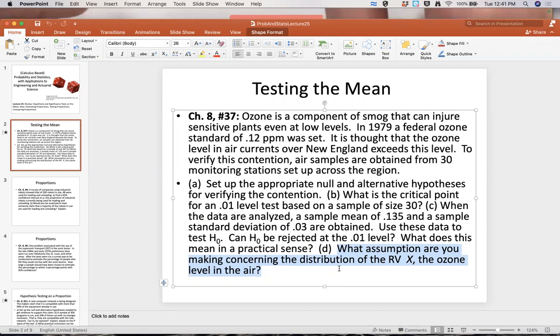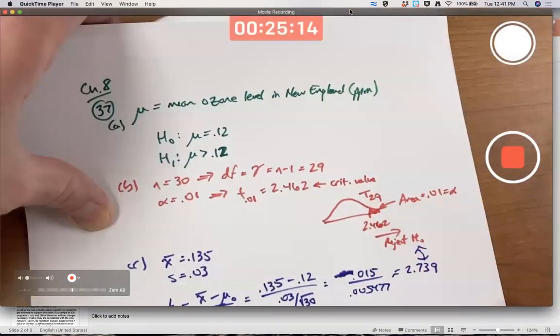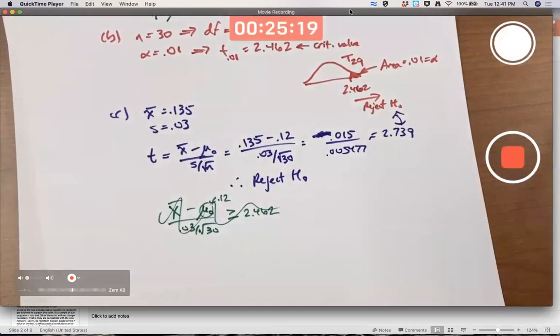I said I was going to find the p-value as well, even though it's not asked for. There we go. P-value, what is it? It's the probability, I wrote this down once, I'm going to write it down again, of observing a test statistic as extreme or more extreme as what you actually observe under the assumption that the null hypothesis is true. I'm saying test statistic, you could also probably say of observing data as extreme or more extreme as what you actually observe.